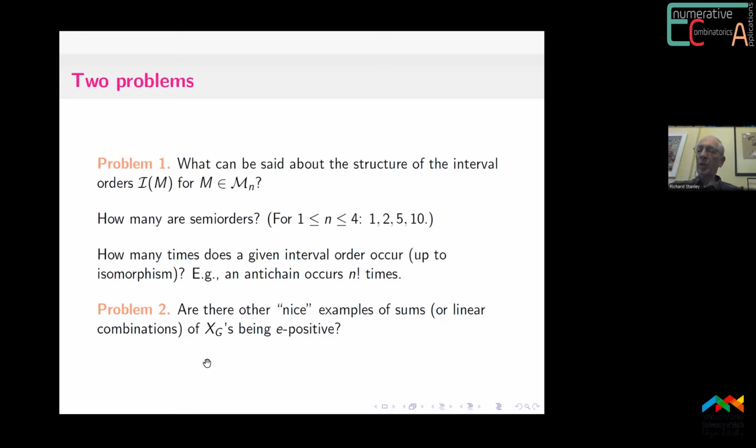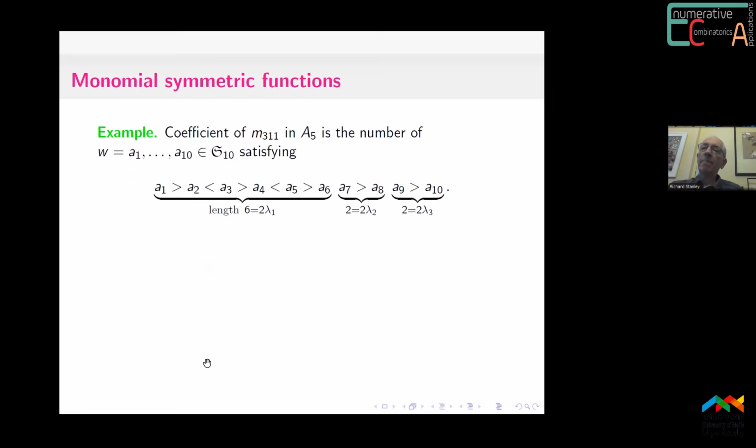Yeah, these are problems that have not been looked at. Okay, now let's take a look at the expansion in terms of monomial symmetric functions. This turns out to be quite straightforward. I'll just illustrate it with an example and make clear the general